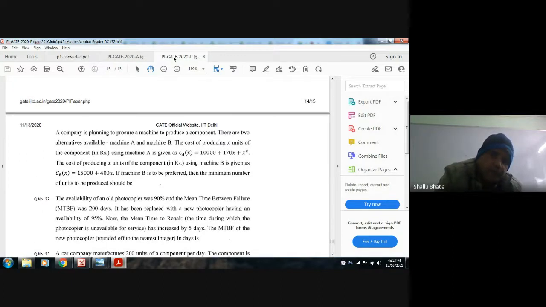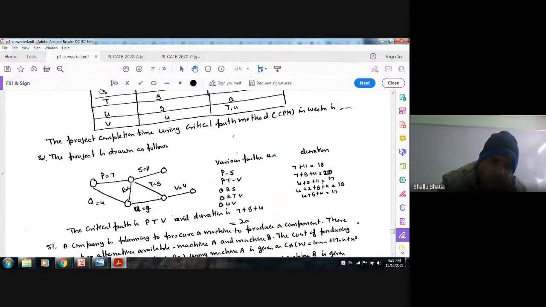A company is planning to procure a machine to produce a component. There are two alternatives available, machine A and machine B. The cost of producing X units of component using machine A is given as CA equal to 10,000 plus 170x plus x. The cost of producing X units of the component in rupees using machine B is given as CB equal to 15,000 plus 400x. If machine A is to be preferred, then the minimum number of units to be produced should be